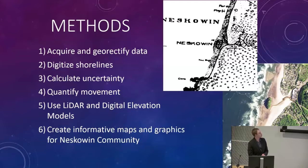So let's get into the methods of this project. These methods are based off ones developed by the USGS in their national assessments of shoreline change. This project differs in some key ways, however. While the USGS report covers large regions and reports rates for an entire beach in a table, I wanted to look at where the erosion was occurring in detail and also create some maps that would be accessible to the